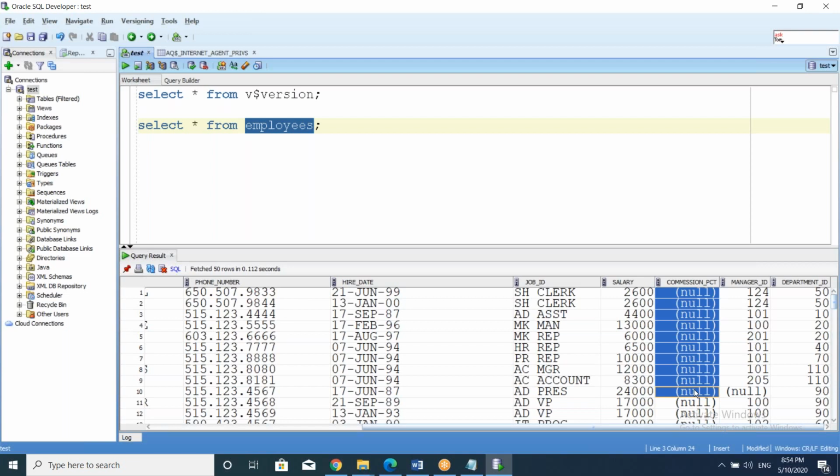Suppose you are in a dark room, purely dark, all showing as black. Suppose in that hall maybe 50% are present, but you are not able to see anybody. So you cannot call this is Rakesh, that is Mittal, that is Rani, that is Rajesh. You cannot tell anybody. If you don't know each other, not able to see anything, so you cannot call anybody, you cannot compare with anybody, you cannot see anybody. So that is purely null.